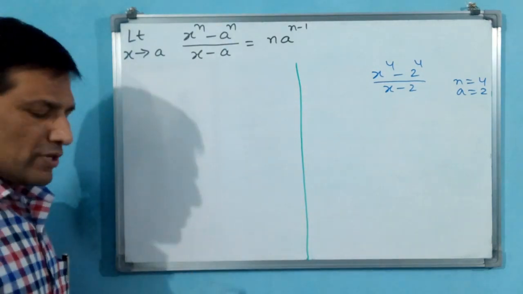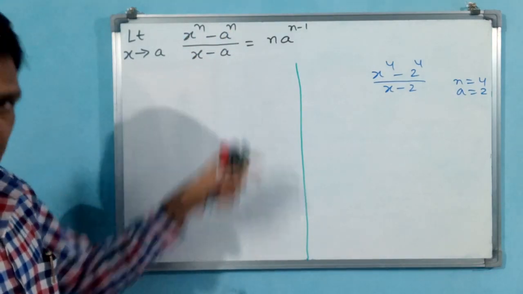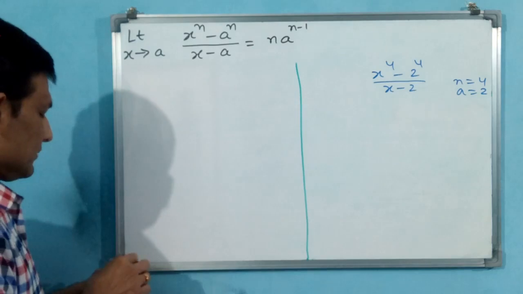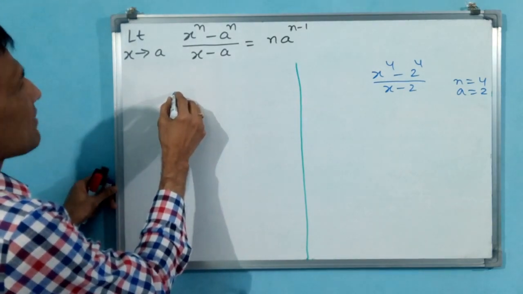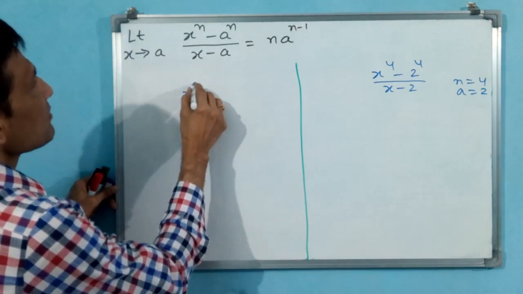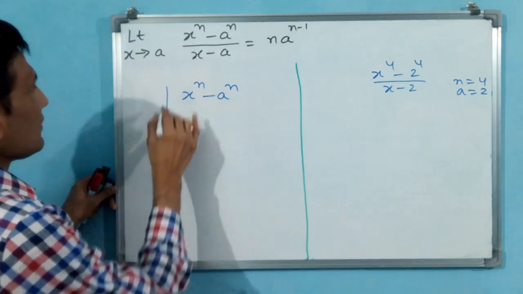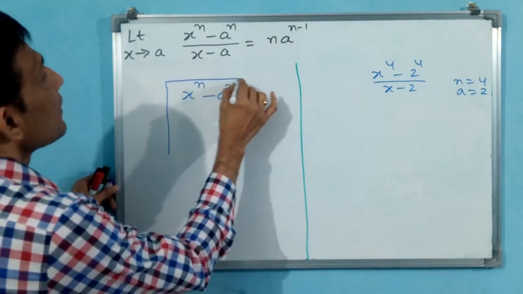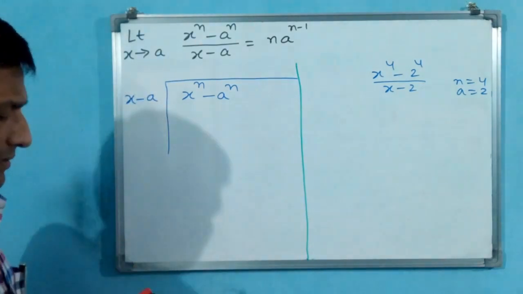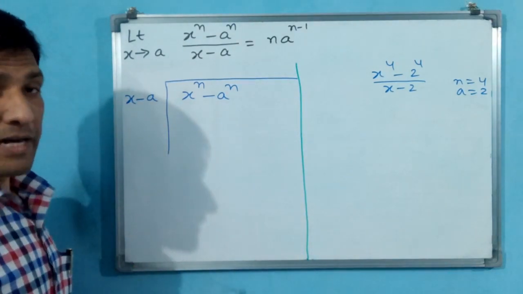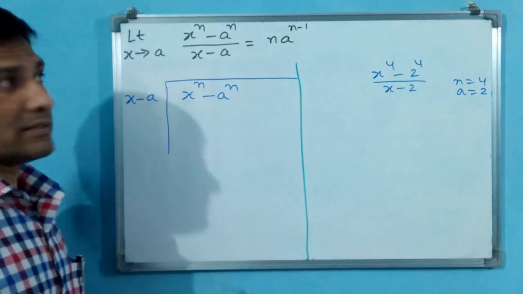Okay. See what I am doing now. See, I am dividing this x power n minus a power n by x minus a. See how I am doing this process. You see what I am writing? X power n minus a power n, I am dividing by x minus a. Observe carefully what I am doing. This is a very important result. Afterwards you should not ask, sir, how it has come.